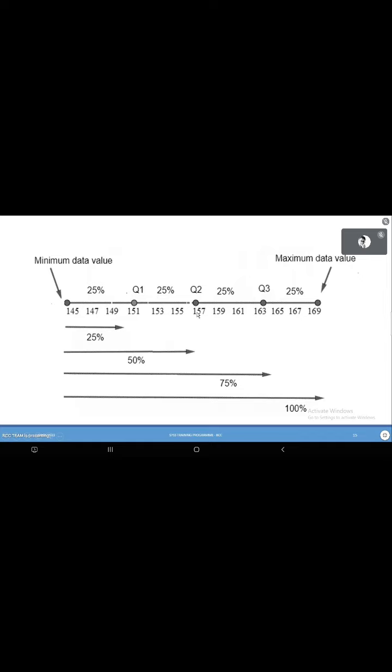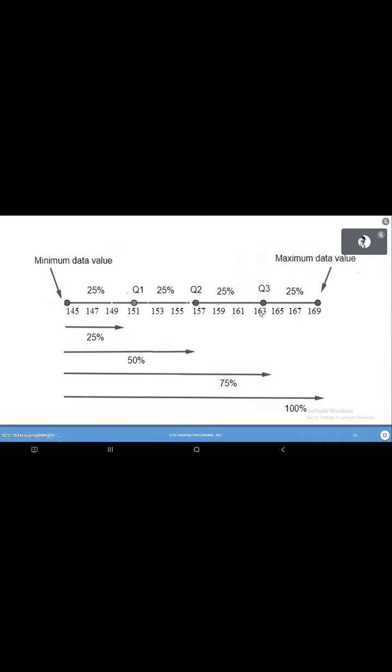So how do you interpret 157? Yes, exactly. So as you know, median falls exactly in the middle, right? So in other words, it means that 50% of the students have height less than this value, and the remaining 50% of the students have height greater than or equal to 157 centimeters.